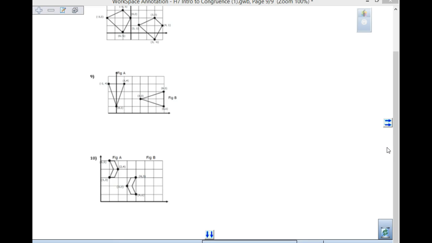Because the only reflection we've done up to this point has only been over the y-axis, going across, or the x-axis going up and down. Now, I want you to look at this. Here's the y-axis and here's the x-axis. And if I'm trying to get from figure A to this figure B, what I might think of reflecting over is this line. This line is where x equals